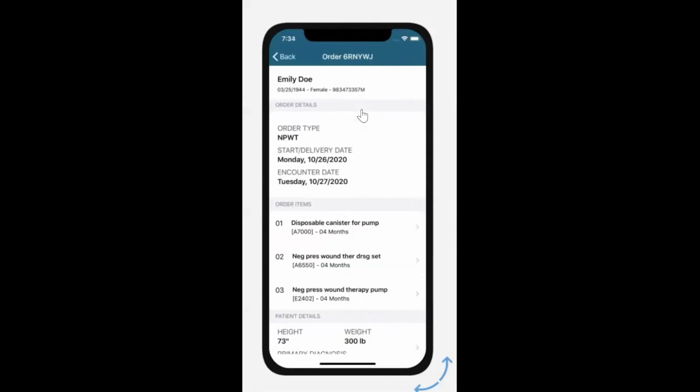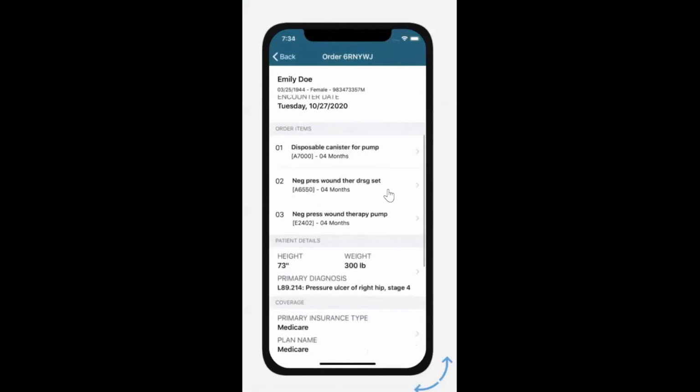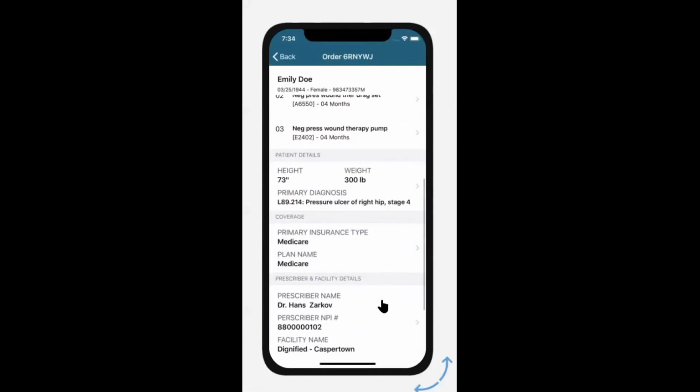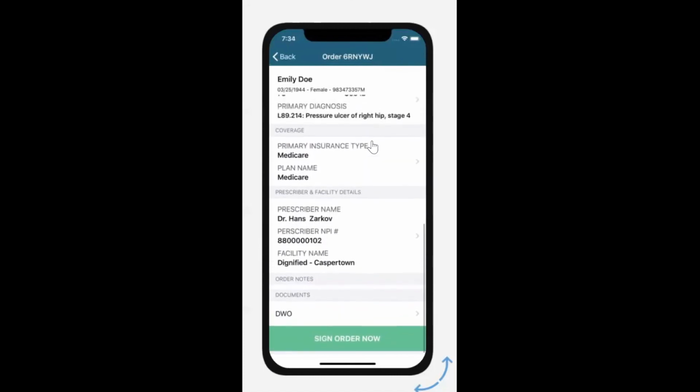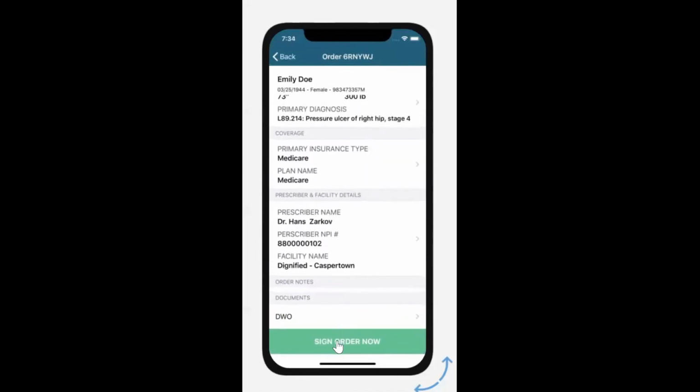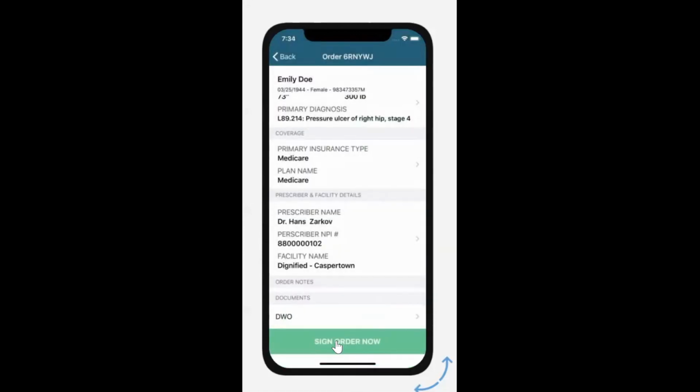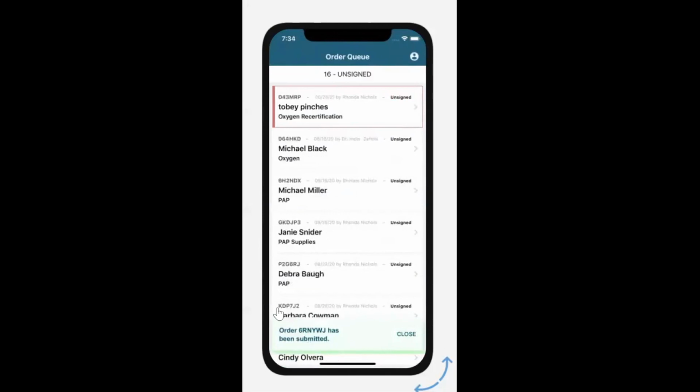Scroll down the order to review all of the details. Scroll to the bottom and click Sign Now. The app will automatically take you back to the order queue. As orders are signed, they will be removed from the mobile app queue. Since many prescribers work in multiple facilities, the DME Hub mobile app allows them to sign orders